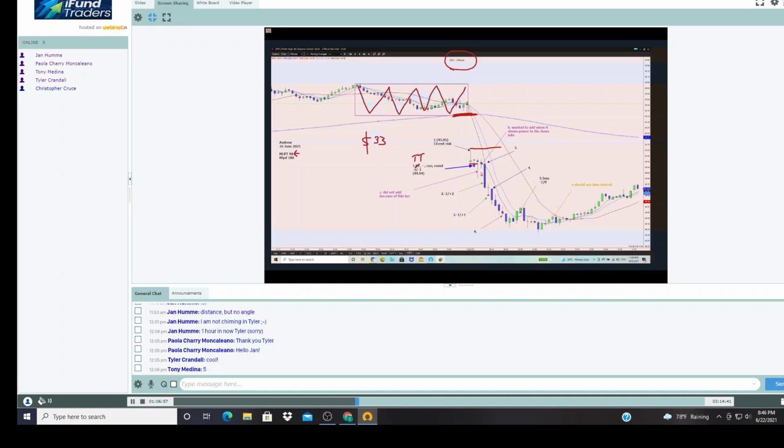However, let me ask you a question, Andrew. What do you expect after this bar here? This bar here, this bottoming tail bar, this big tail here, this bottoming tail. What is the next bar that you expect when you see that? What is the most likely thing to happen?